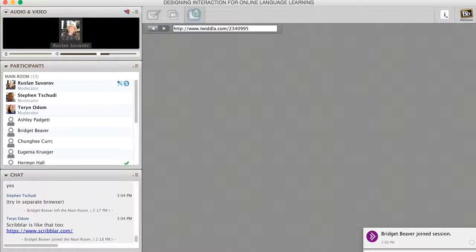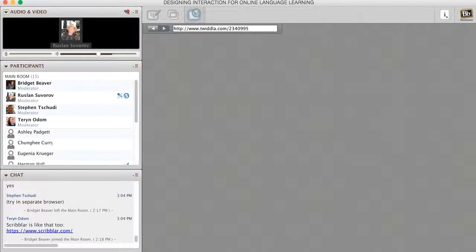If you have a free version of Twiddler, all you can do to save is basically take a screenshot of it. If you have a paid version, you can save it in different formats. Interestingly, Twiddler also has an Etherpad built in. If you see the third icon in the top menu, it's a built-in Etherpad, so they can also do collaborative writing inside of Twiddler. And once you switch from, for example, whiteboard to Etherpad, it clears whatever content has been created. So if I go to Etherpad right now,